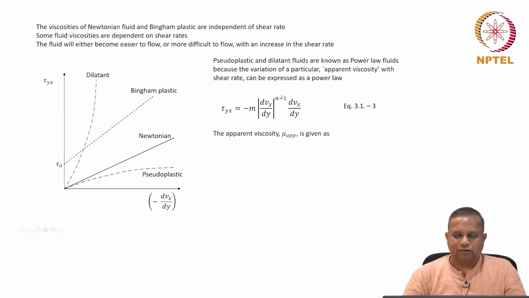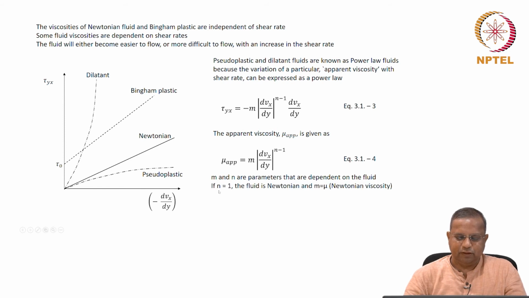The apparent viscosity, which is this term, is given as m times (dvx/dy) to the power of n minus 1. This negative actually goes with this, we all know that. In equation 3.1-4, m and n are parameters that are dependent on the fluid. If n equals 1, the dependence on shear rate goes away and you get back your Newtonian fluid, m equals